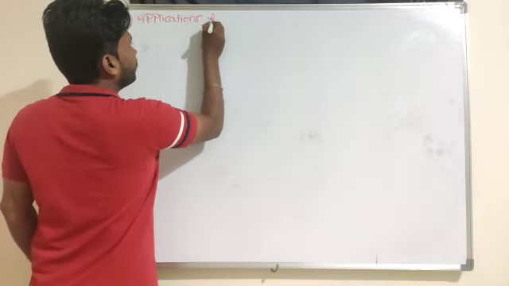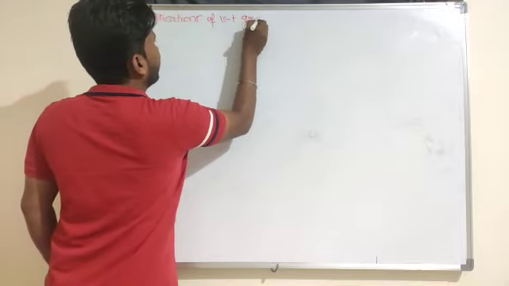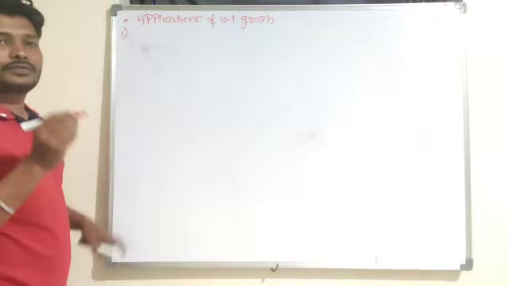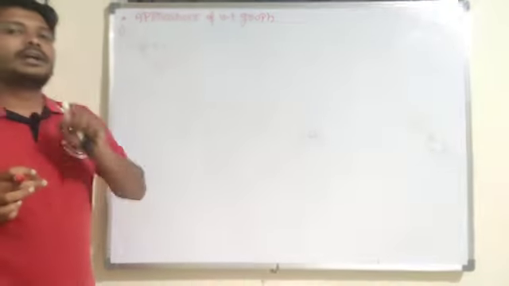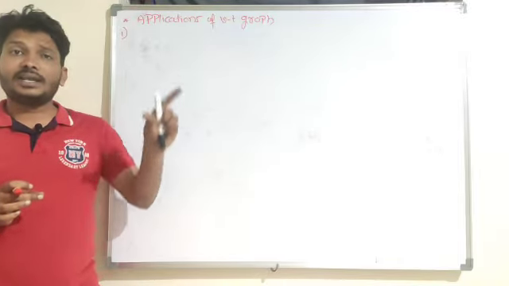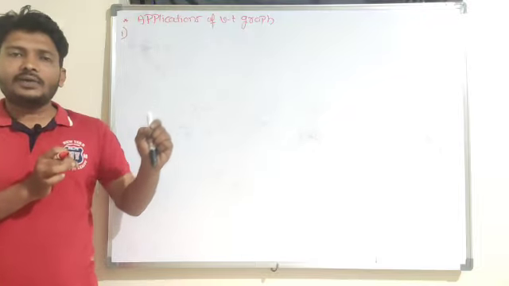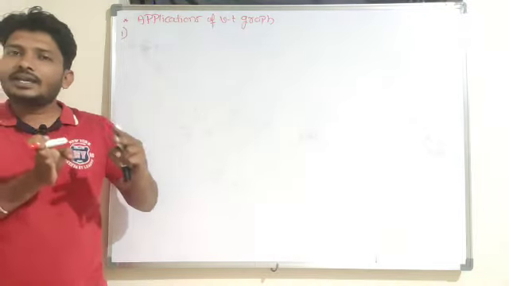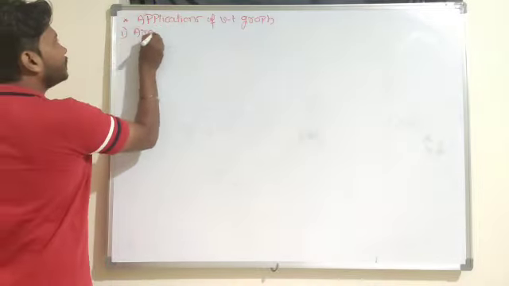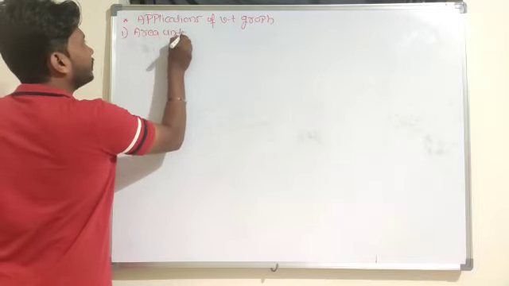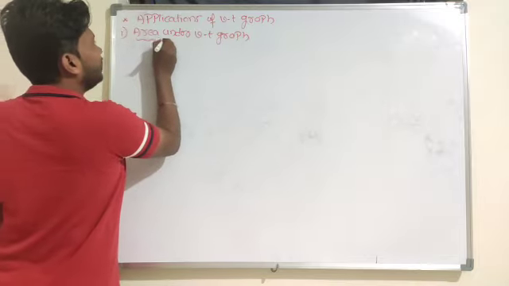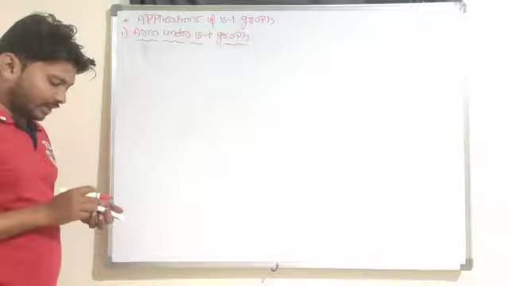Applications of the velocity time graph. First, we'll look at the area under the velocity time graph. If I find the area under the velocity time graph, that area is equal to which physical quantity do I need to determine? Let me find the area under the velocity time graph.